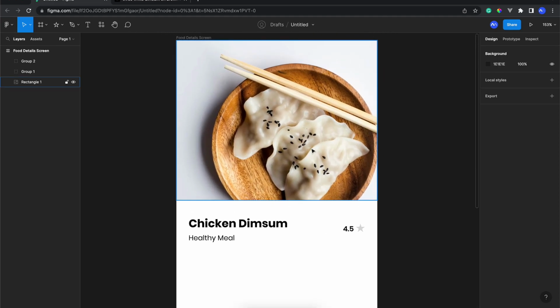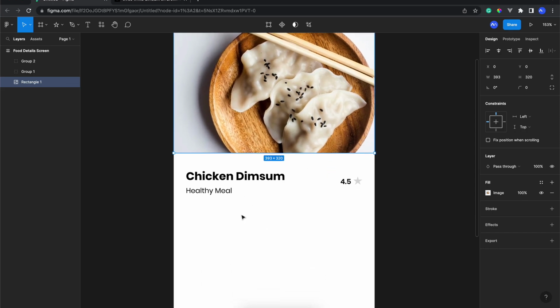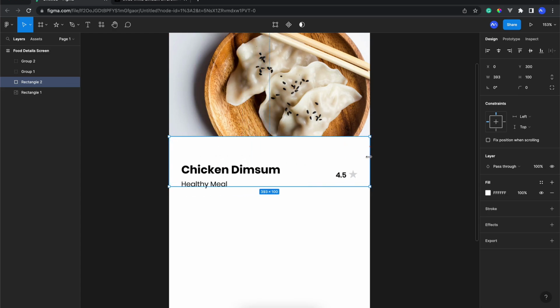So here in this design, okay, I will have this rectangle. Just press R on your keyboard, so we can change the color to white with FFF, and then we just put it around here and make it full 100%, and set the radius, okay, maybe 20 is enough, and just put it up like this.